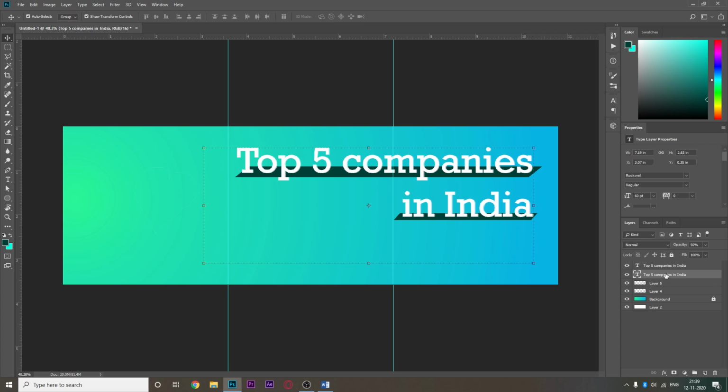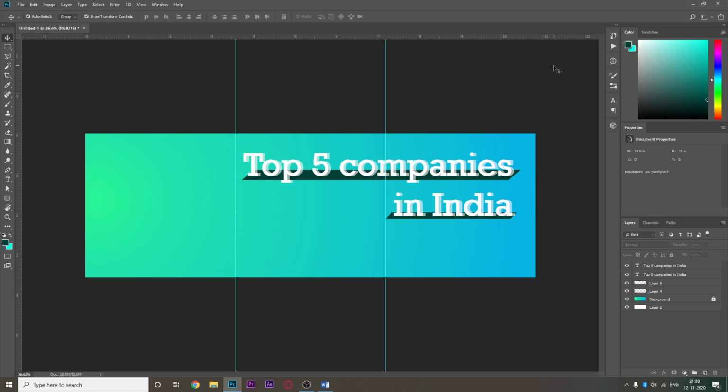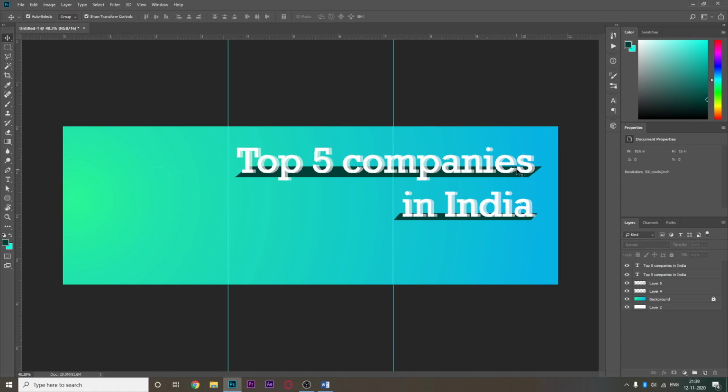I'm pressing the right arrow, and a sort of shadow falls. Can you see it? Let me show it again. So this extra text layer has found, and if I do this, it becomes 3D in a way, and it feels like the light is coming from the left and it's putting a shadow on the text.